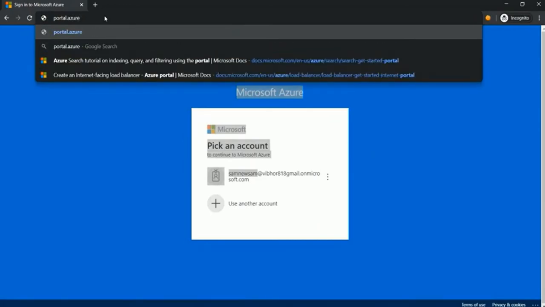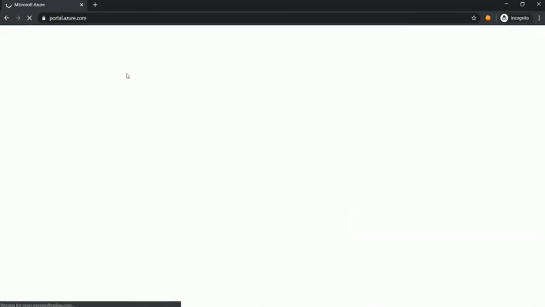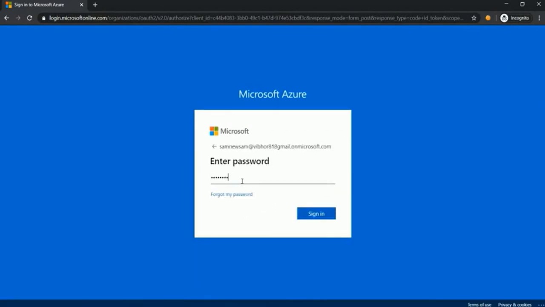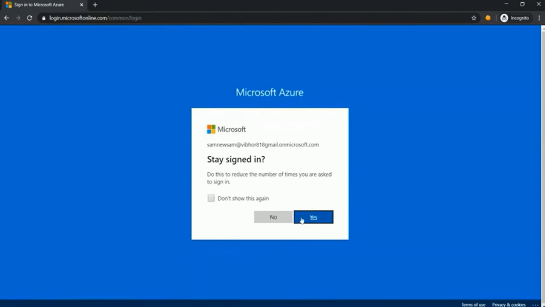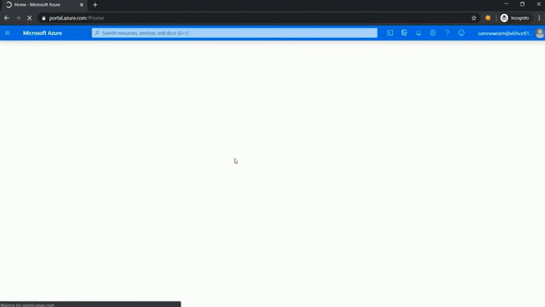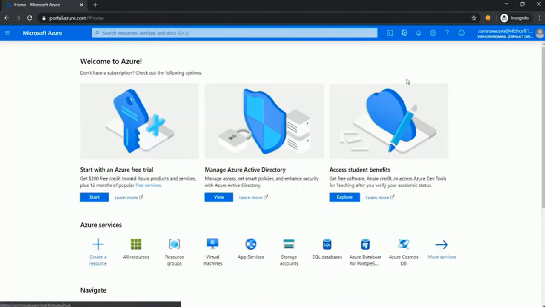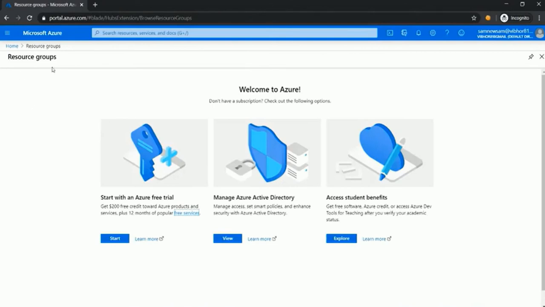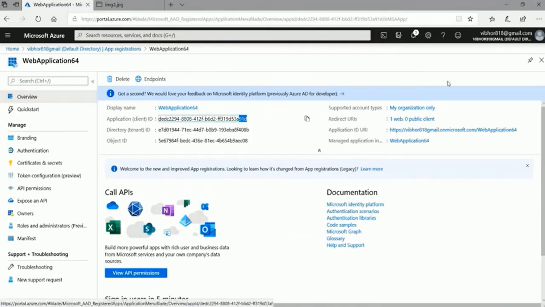Portal.azure.com. Okay. And again, logging in with the same user, password, sign in. Yes or no, it's okay. Okay, so as I showed you, we cannot see any resource group here,